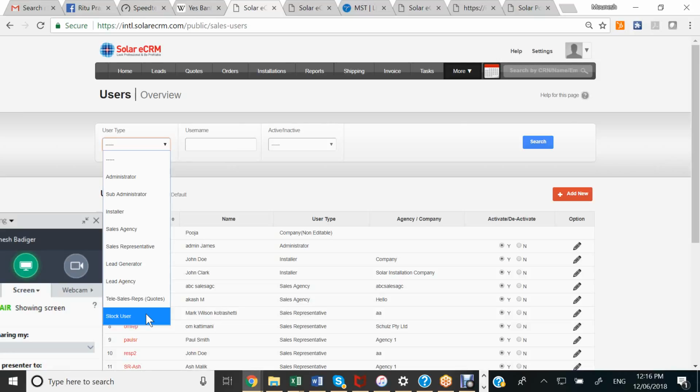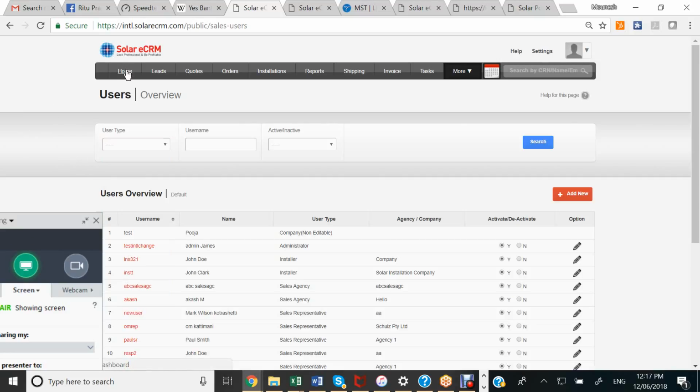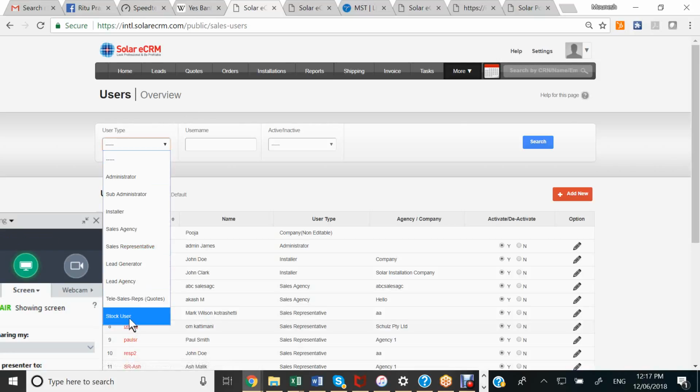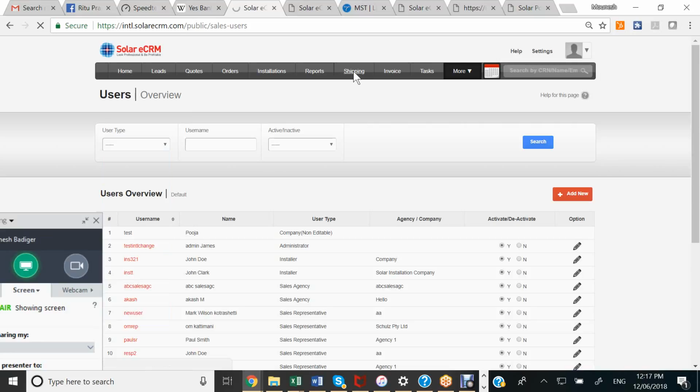But otherwise, a lot of people have a number of sales reps, lead generators, installers in the system. There's one company in Sydney who had 200 users in the system, so it works pretty well even for a large number of users. The way it works is if you go to shipping here,